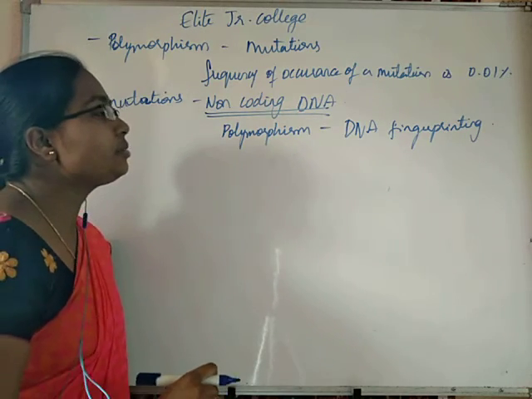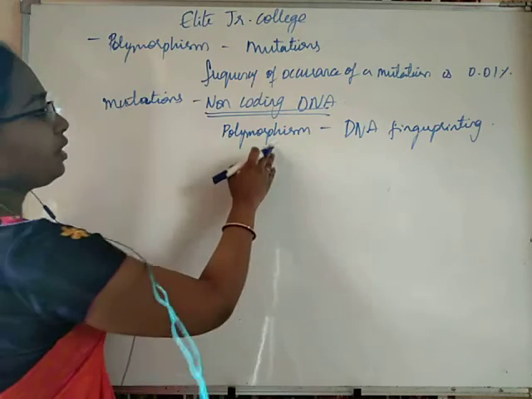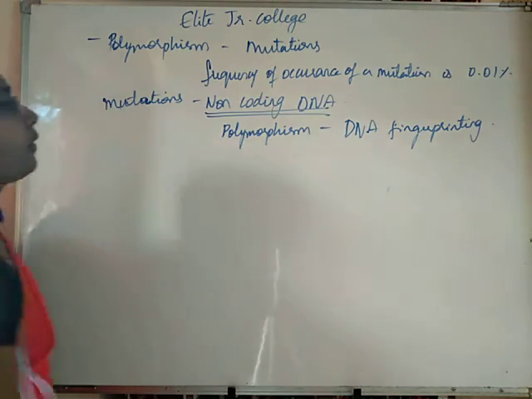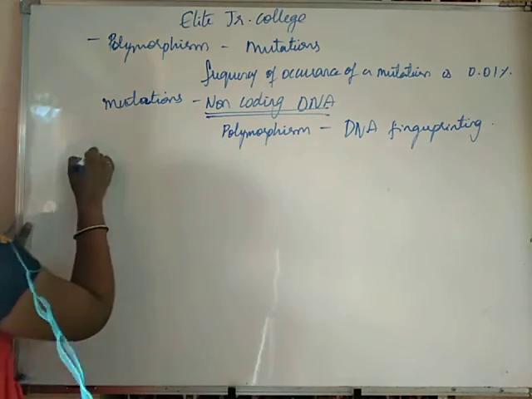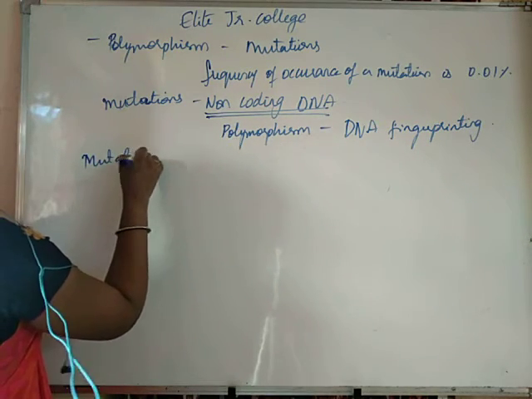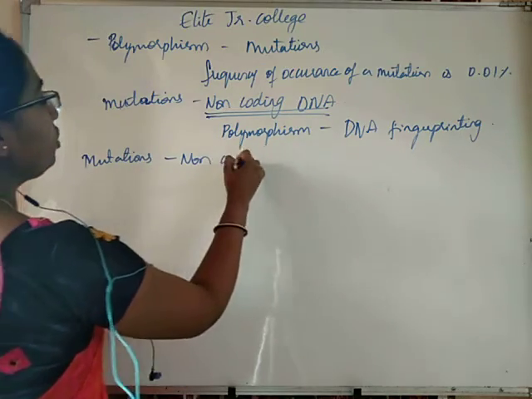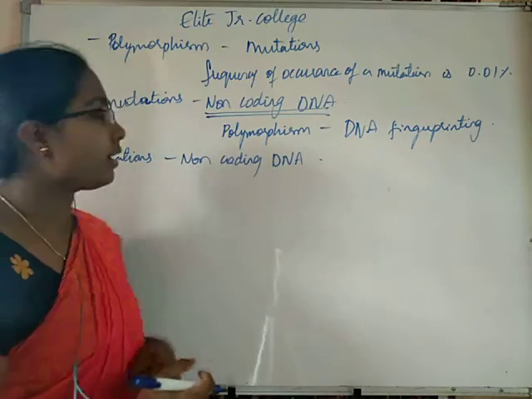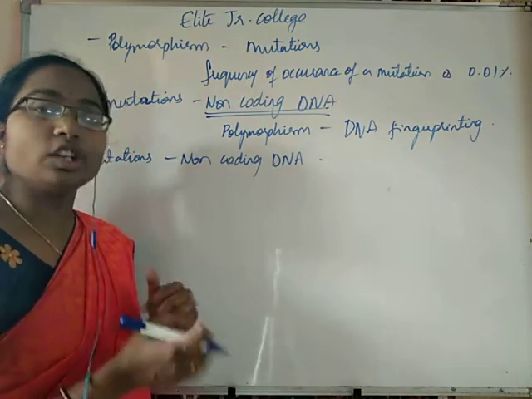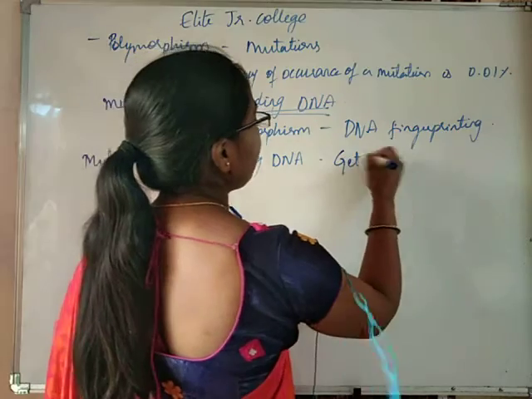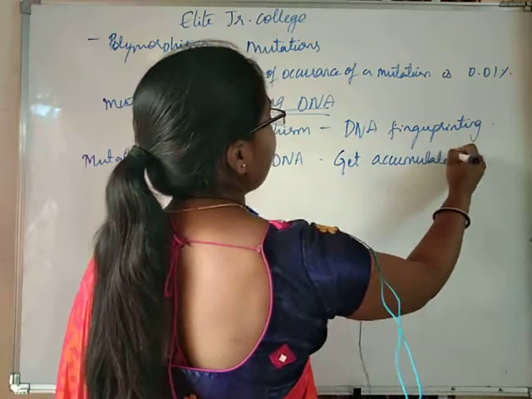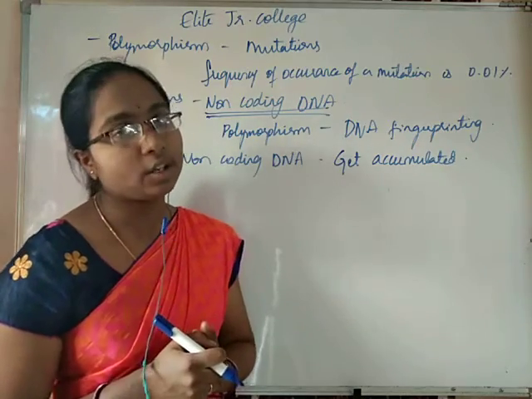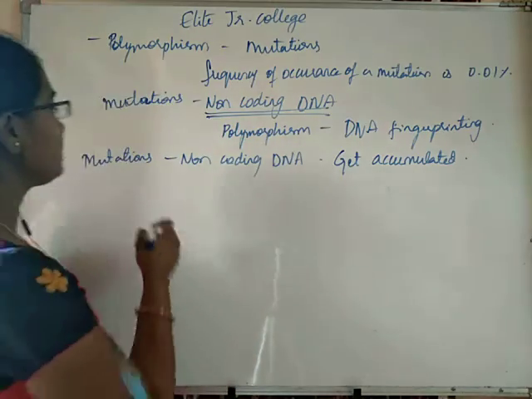See students, this polymorphism is helpful for us in DNA fingerprinting, right. So, these mutations which are occurring in the non-coding DNA generally get slowly accumulated. So, accumulation of the mutations results in